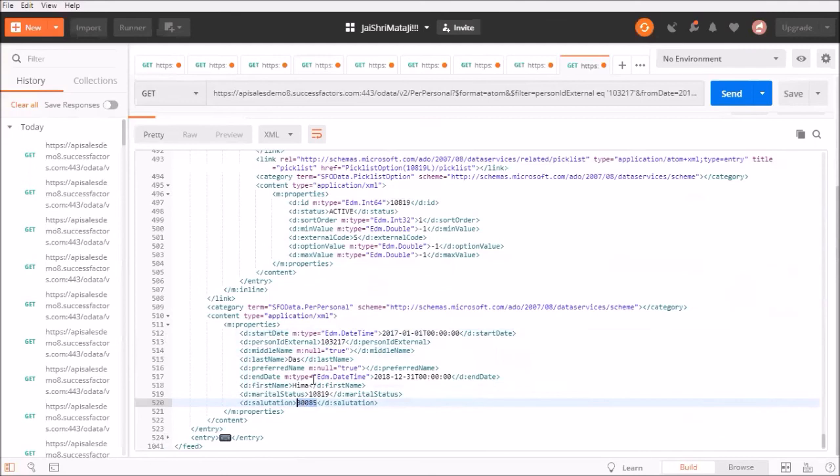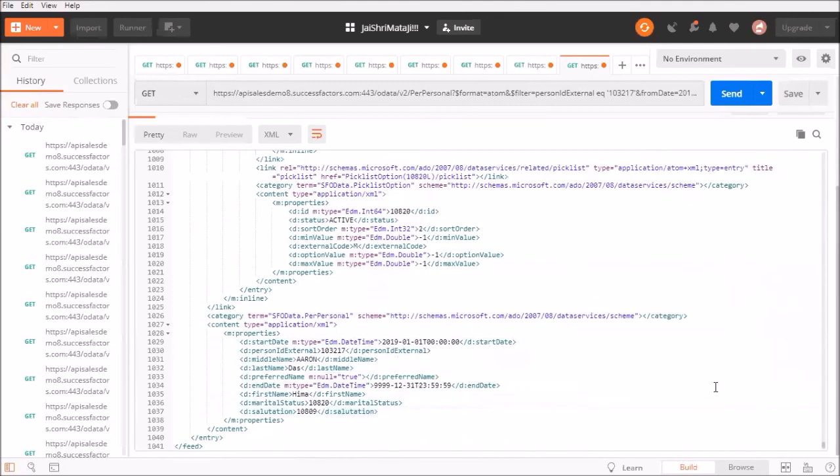The second record, so we can see the first record has ended upon 31st December 2018, and the second record, which is in effect from 01 January 2019, has the start date as the same, and the end date is the eternity date, that is 31st December 9999. And here we can see the middle name as Aaron, and the marital status also changed from 10819 to 10820. So this is now Mrs. Sorry, this is now married, and salutation is now Mrs. So these are the changes, or now the two records we can see when we queried the per personal object,